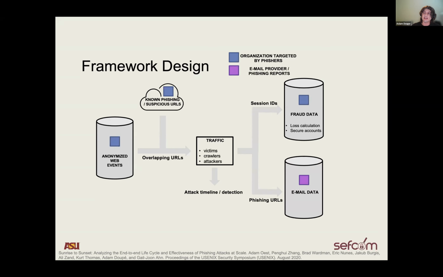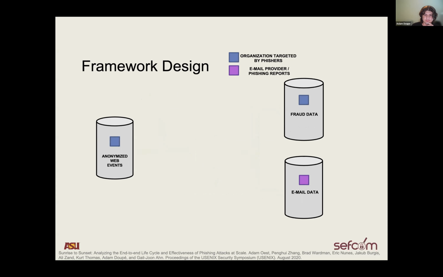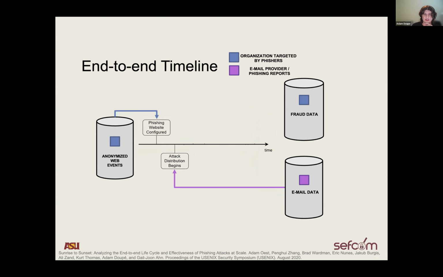and say who was likely a victim of this, because eventually we saw fraud with that account, which we know visited a phishing site on this date. And we were also able to look back and look for phishing URLs. We were able to see any emails that we had access to that had that phishing lure in it. And so all of that allows us to get this timeline of when, and one of the beautiful things is